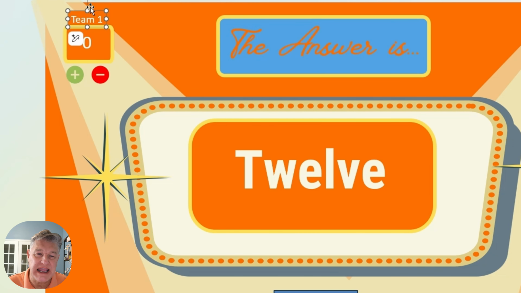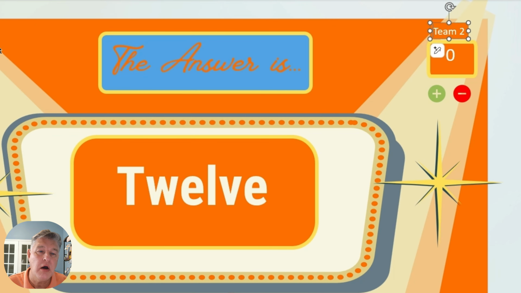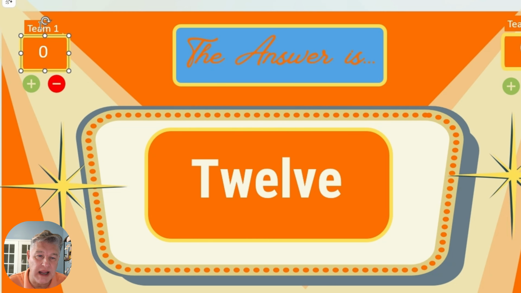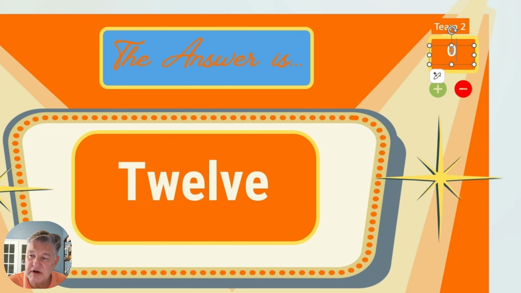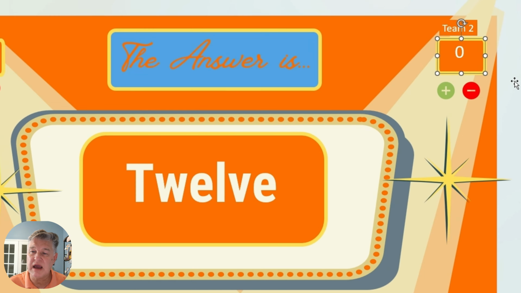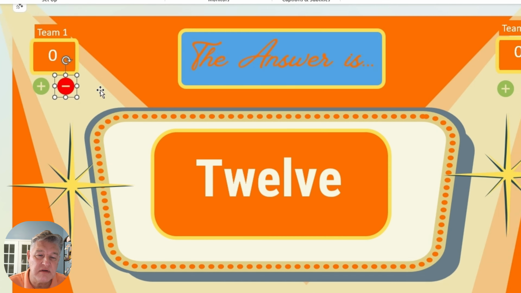I have a text box here at the top with team 1. I have a text box here with team 2, okay? Then I have a shape. This is just a rectangle. And then a text box with the 0 in it, okay? And the same thing over here. I have a 0 text box. I have a shape. And then the other items that I added are these icons, which all I did was go to Insert,